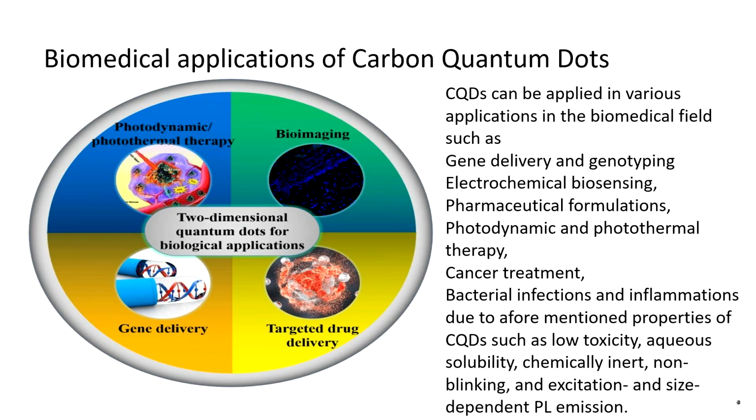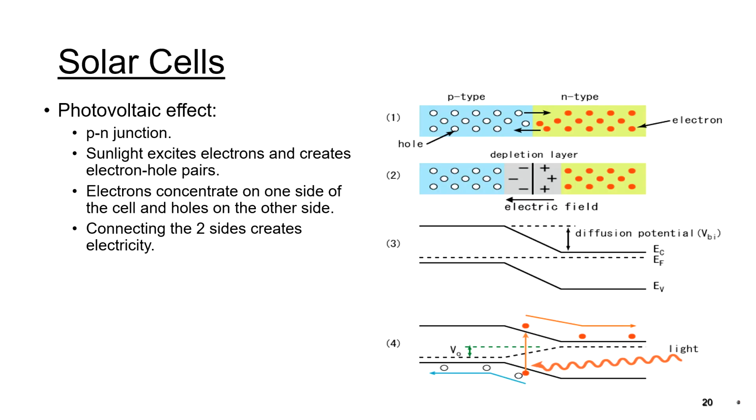So carbon quantum dots have low toxicity, reasonably good water solubility, and are chemically inert, and blinking and excitation-dependent PL emission is also possible there. So these are some interesting biomedical applications of carbon quantum dots, which are also used in semiconductors. Solar cells is another area where this is widely used, and they are known as photovoltaic